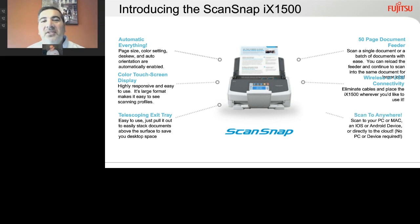And one of the best features about the iX1500 is scan to anywhere. You can scan to your PC or Mac directly. You can scan to your device, your phone, your tablet, iOS or Android. Or you can configure it to scan directly to the cloud. So you can walk up, choose your profile, and scan documents directly to the cloud without interacting first with your